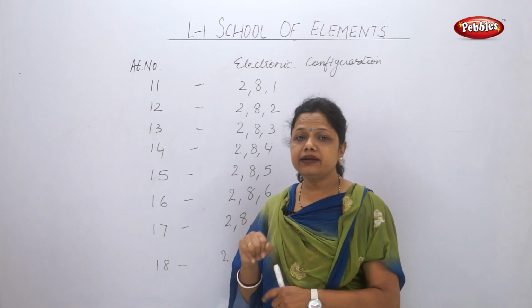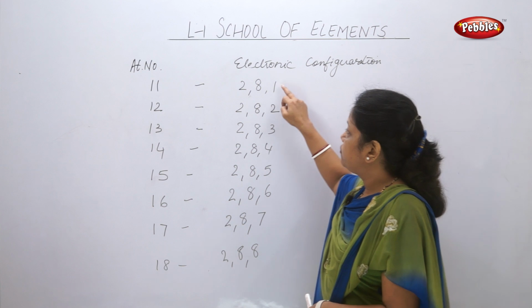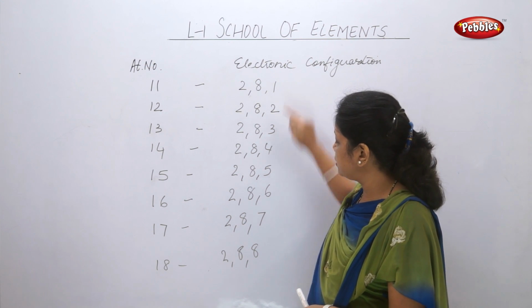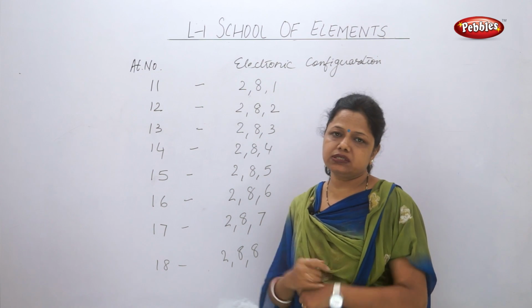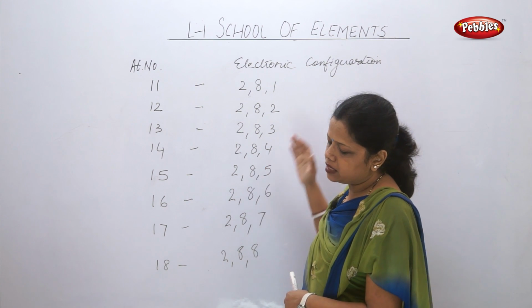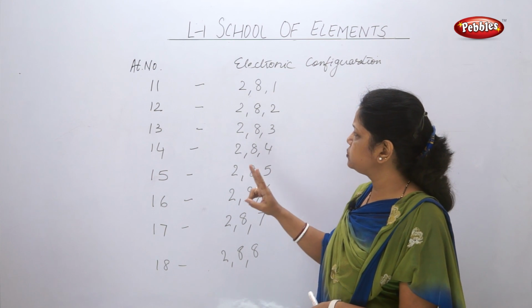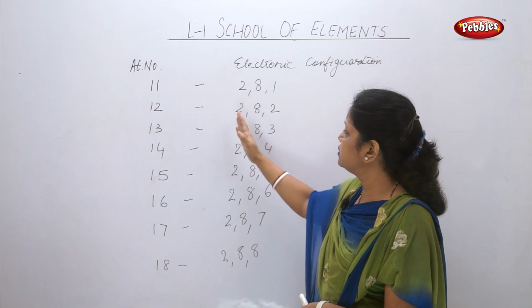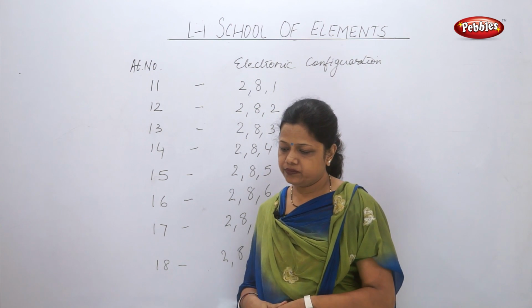And the third similarity is actually not a similarity, it's a gradation. It grades, meaning the number of electrons increases from 1 to 8 in the third shell. This is a gradation seen. So these are the similarities and the gradations. Mainly 2 similarities you are seeing. All have 3 shells, and second similarity, the first 2 shells of each are completed.